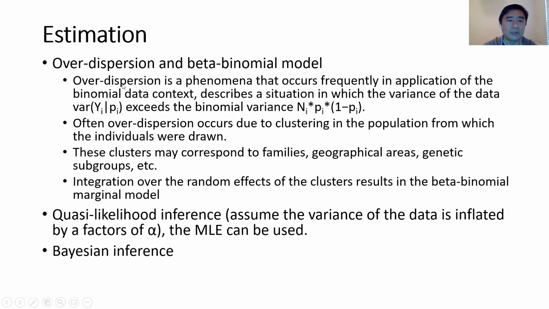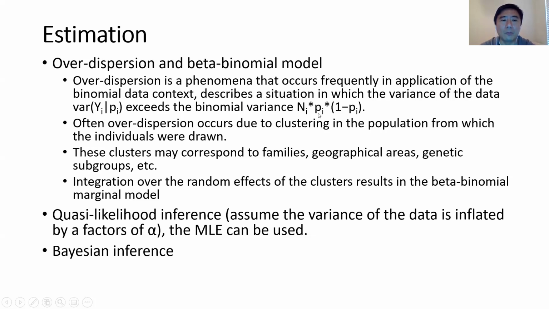So what is over dispersion? Over dispersion is a phenomenon that occurs frequently in the application of binomial data. Remember here in the logistic regression model, we're dealing with binomial data, yes or no data, 0 and 1 data, with disease, non-disease data. And this describes a situation in which the variance of the outcome y given the probability pi exceeds the binomial variance, which is equal to the sample size n times p times